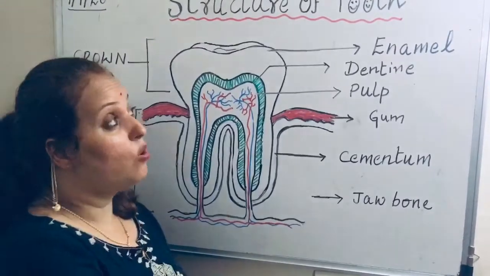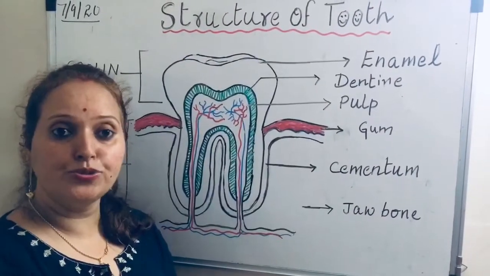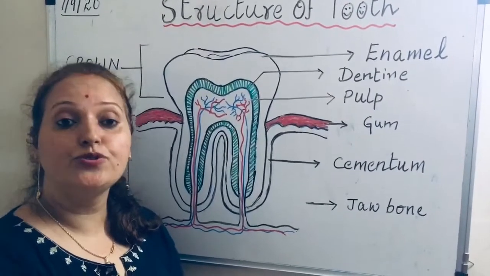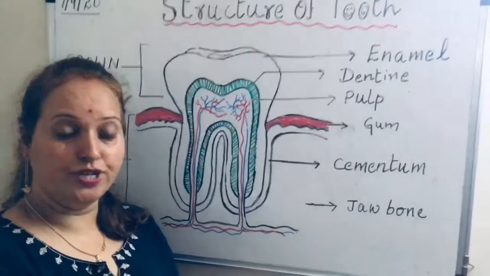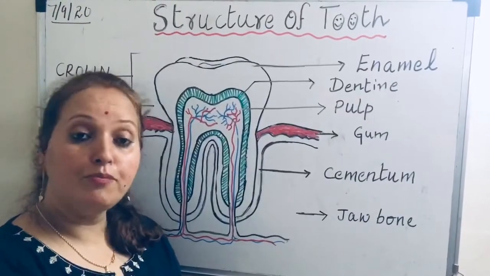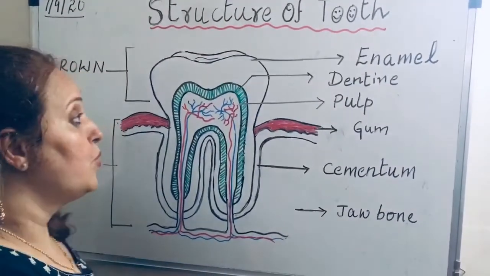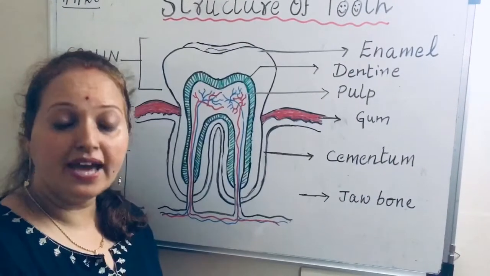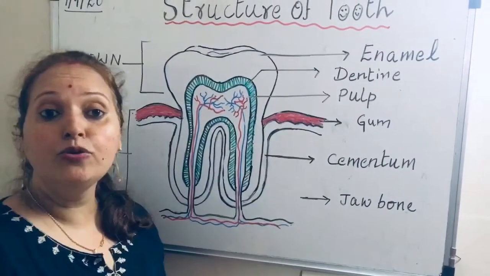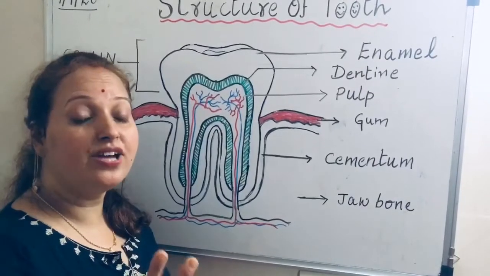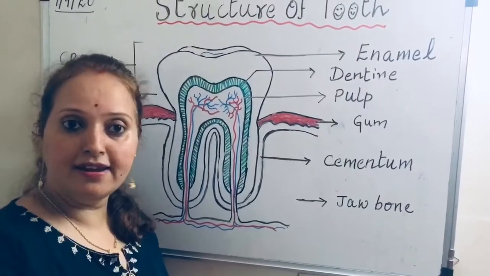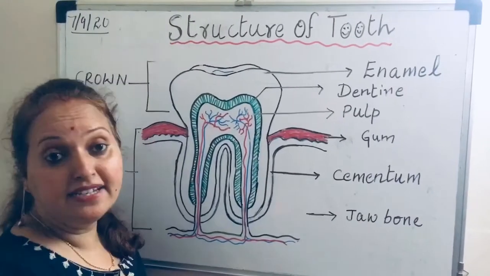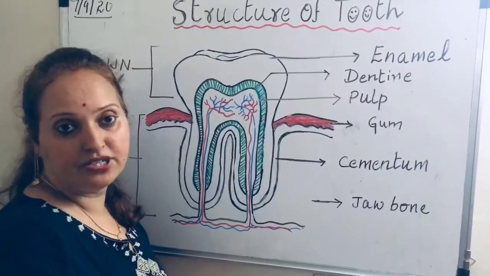So, teeth play a very important role in chewing the food, biting the food, cutting the food and grinding the food, which takes place in our mouth itself. An adult has 32 teeth, right? And the teeth in a human being are of two sets. We have discussed it in earlier classes. The first set of teeth are called milk teeth and later they are replaced by permanent teeth.